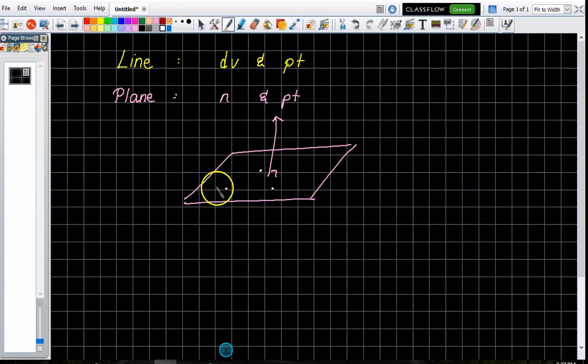Let's say they give you point A, point B, and point C. How would we find a vector that is perpendicular to this plane with these points? Well, we would find BA, we would find BC, and we would find the cross product. So BA crossed with BC will give you a vector